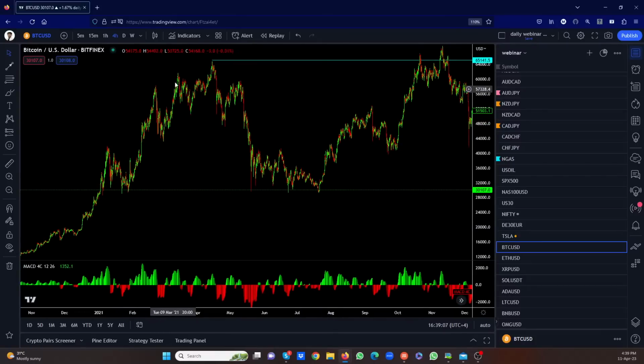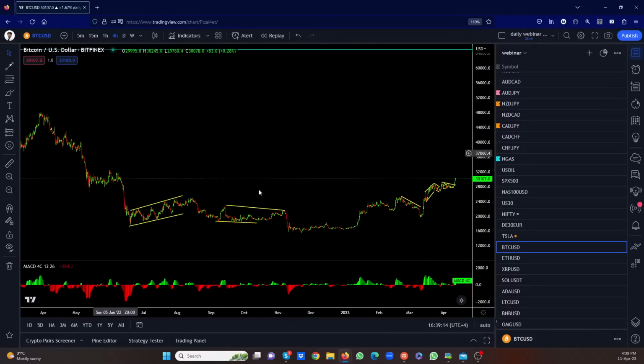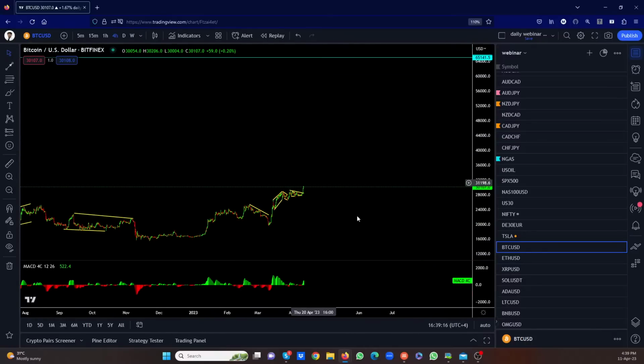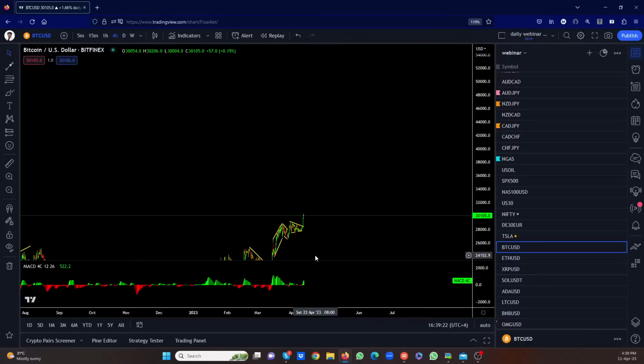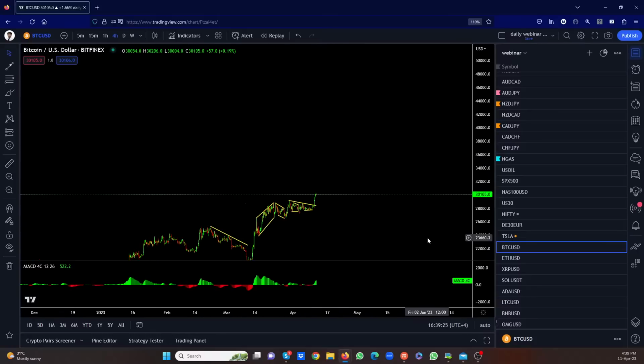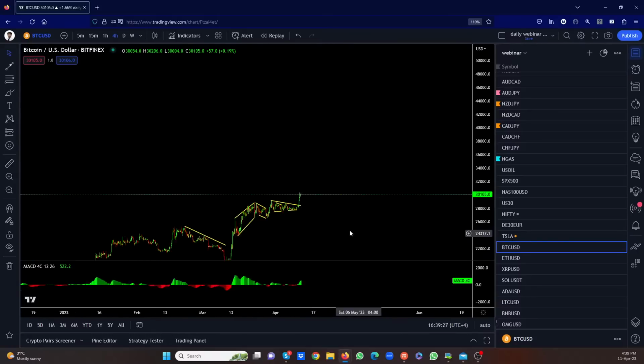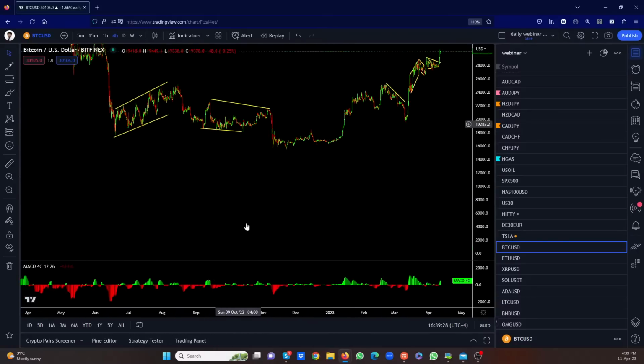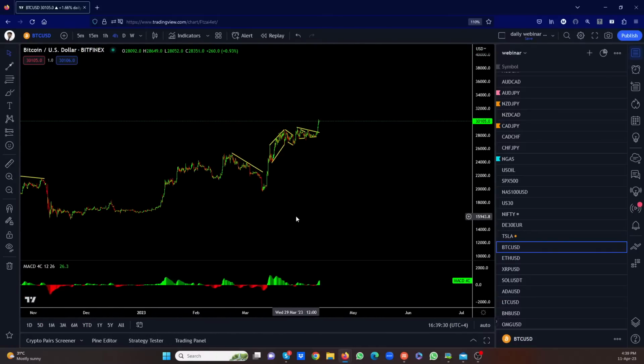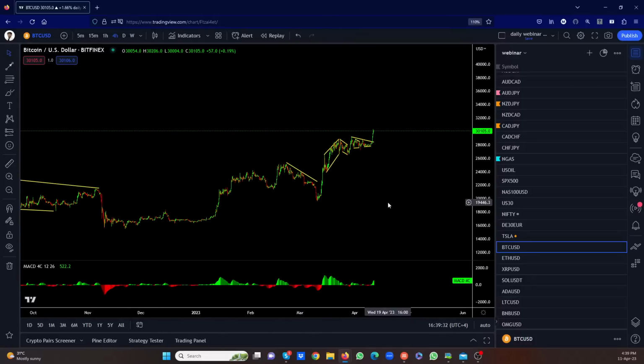Look at this pullback. Look at this pullback. You thought it was going fast. It's not going fast anymore, right? Look at that. It's moving really slow. So is this a slow move to the upside? Then wait for a pullback, buy and hold it for a longer period of time. See? It's very simple. And you can do that with all the cryptos. Wait for the pullback. This was your big pullback to buy if you're an investor and keep it. But if you trade the 15 minutes, take every flag up and down, as long as you're capable of doing it. If you're not capable of doing it, then stop doing it.